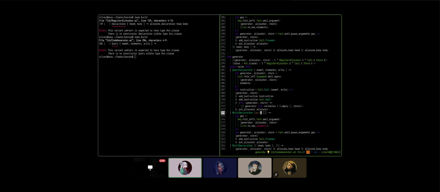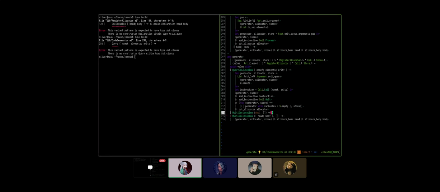Just one second, let me be thorough. If we have a single declaration, then we call generate single declaration with the decal, but we need to pass the triple there: the generator, the allocator. Let's follow the same pattern we had before with the pipes.